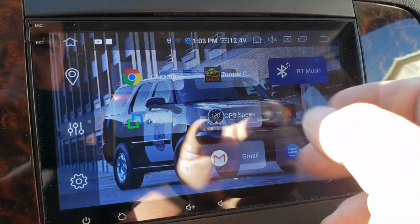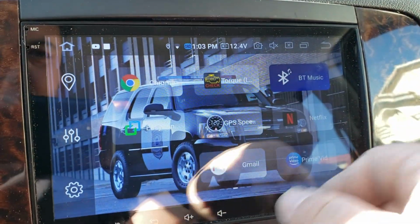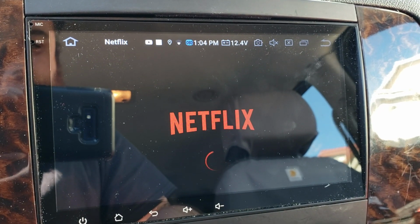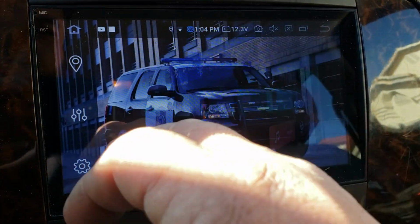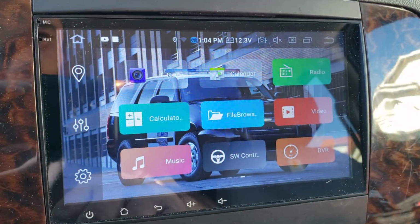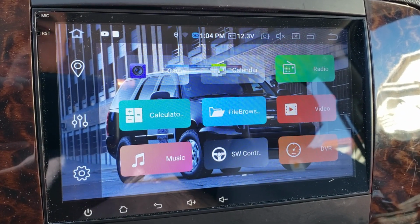Anyways, Netflix, you have GPS speedometer, which I downloaded, Prime Video. So if you want to get into your Netflix, you can sit here and you can load your videos and watch them. Disney Plus, all that stuff. There's inputs for your front camera, rear camera. You can set up all sorts of cameras. On the back of this radio, there's the RCA connectors for any of those